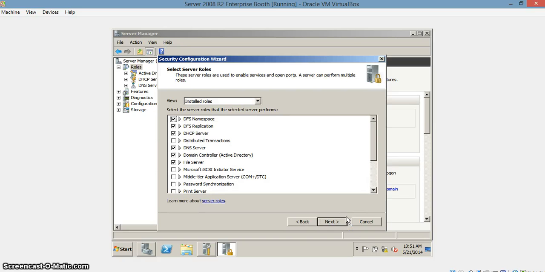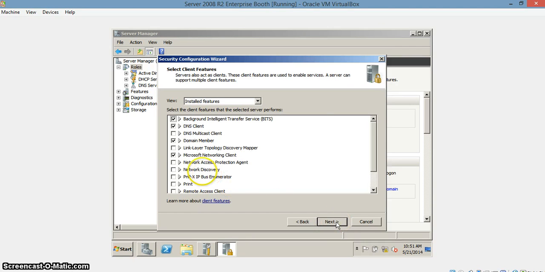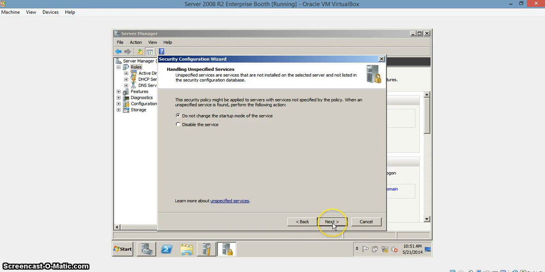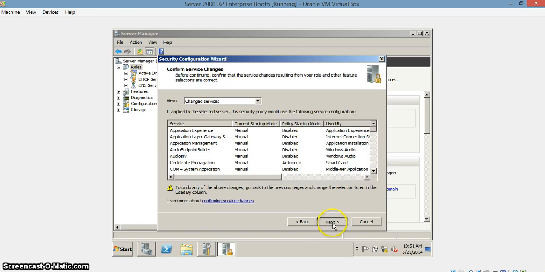Okay. We are going to be looking for network discovery. Here it is on the second screen. We're going to put a check mark, click Next. Next, next, next, next,